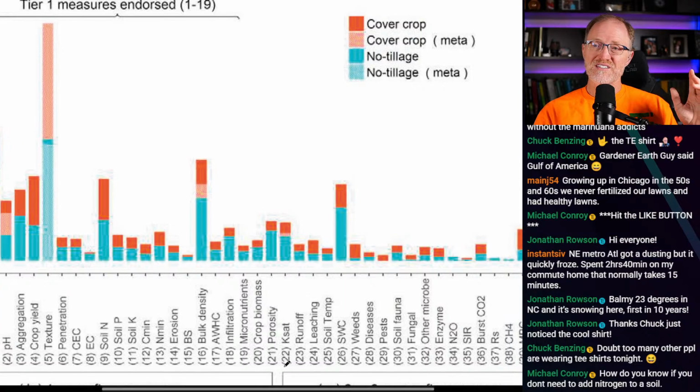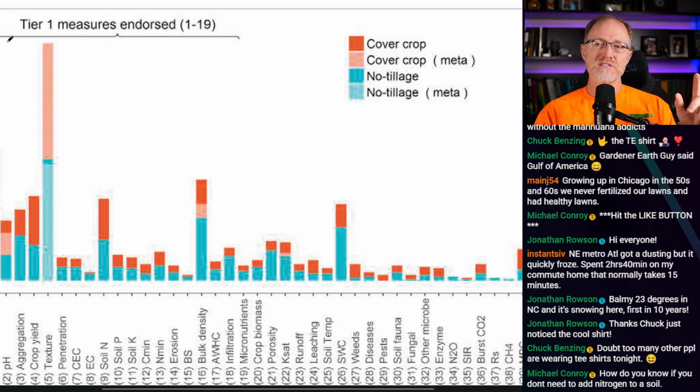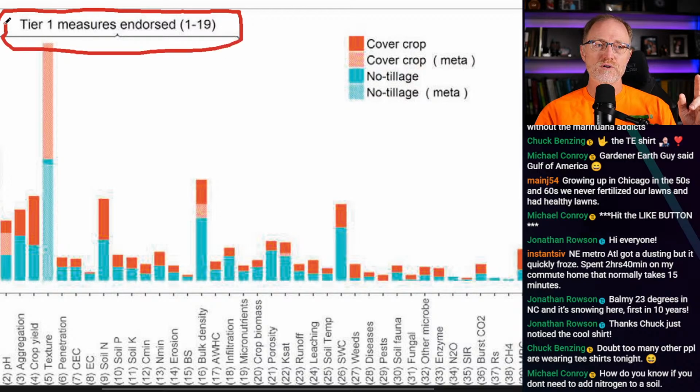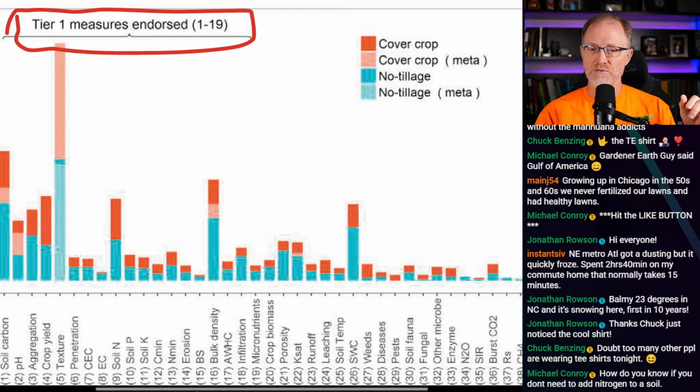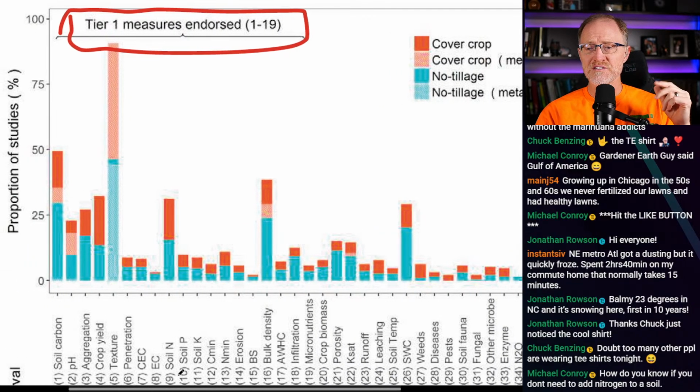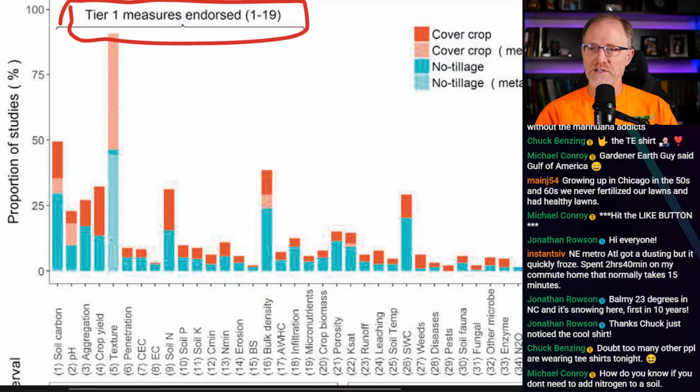Now, the first 19 are the tier 1 measured ones, or the endorsed ones, the indicators that were endorsed by the Soil Health Institute, I guess is what it was. And you're going to see real quickly why you'll never get soil scientists to completely agree. Maybe they endorse this, but I don't know how many people were on that committee. It'd be difficult for me to be convinced that all of them agreed to these 19.